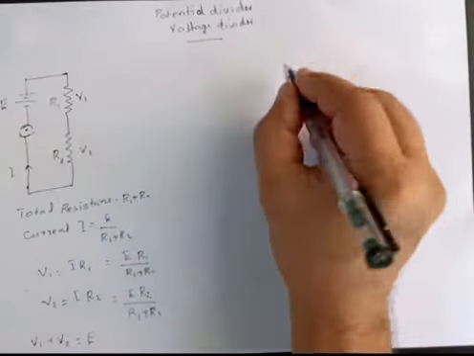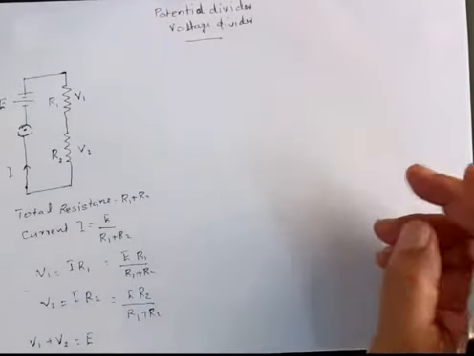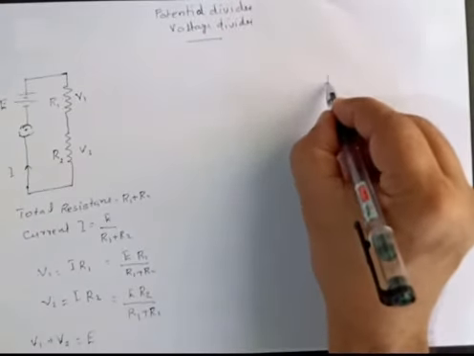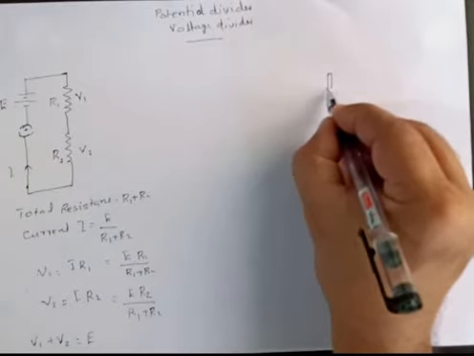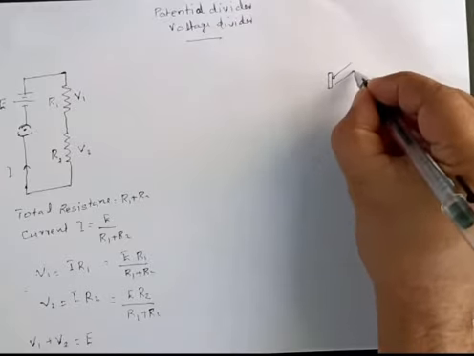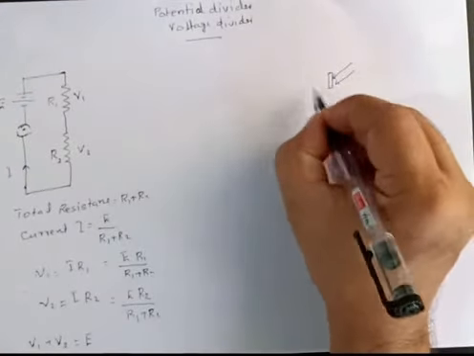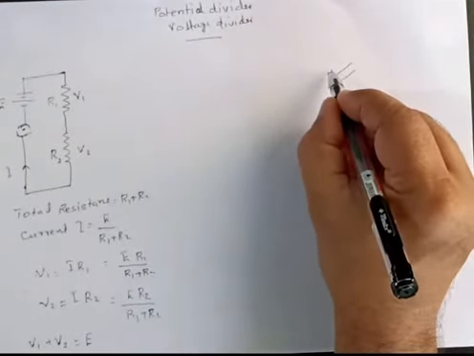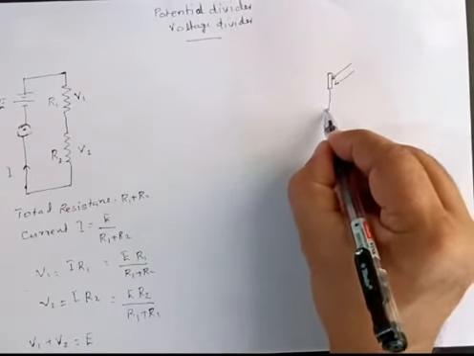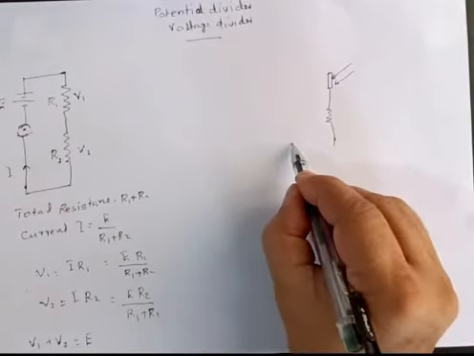Now I am going to draw a switching device. Instead of R1 we will replace it with an LDR. An LDR is light sensitive. So look what I am going to do. This is an LDR. You can use the symbol of the resistor. This is also a symbol of the resistor. This is an LDR. Now, if you want, you can put a circle around it to make it look nice, though not necessary. And you have the other resistor connected in series. Here we have the resistor. Here we go.